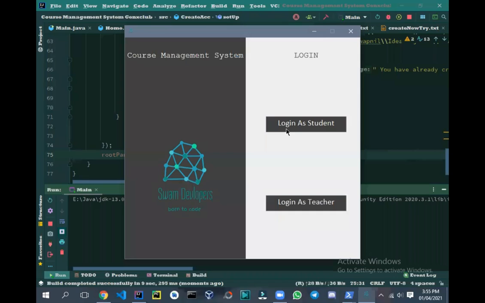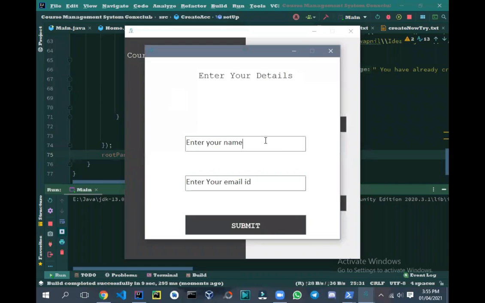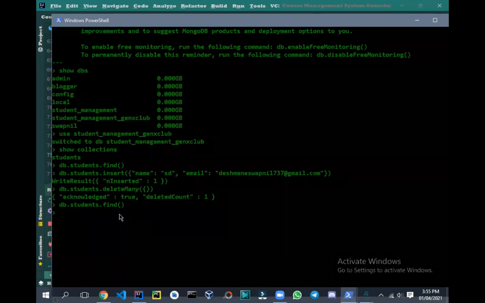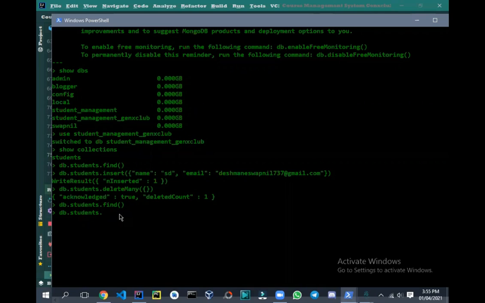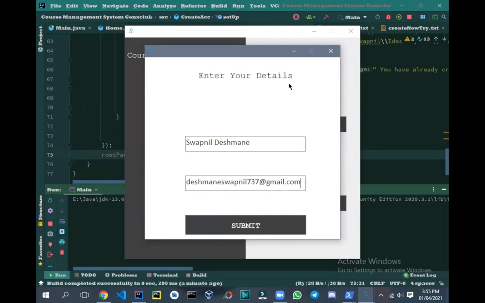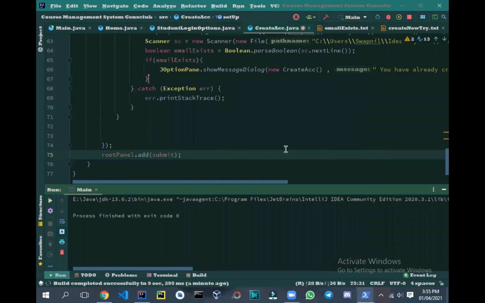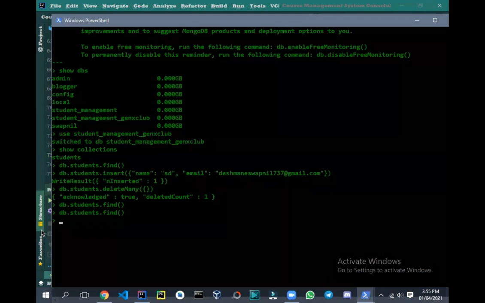You can see it has run. So I'll click on login as student and then click on create account. I'll enter my name and email ID: Deshmani Swapnil, 737@gmail.com. Let us check if there is any item inside our students collection. So yeah, there is nothing. I will just click on submit, and there is nothing. That's why it is showing nothing. If we first create an account, if we just insert one item here,